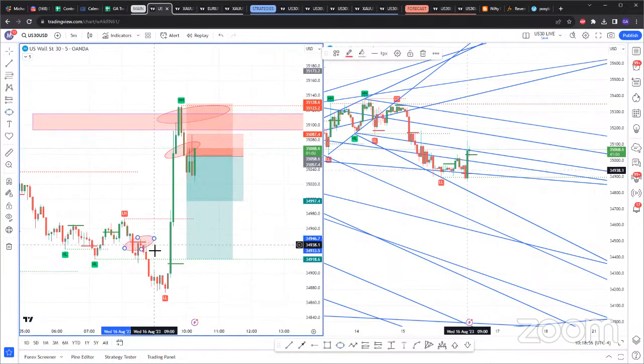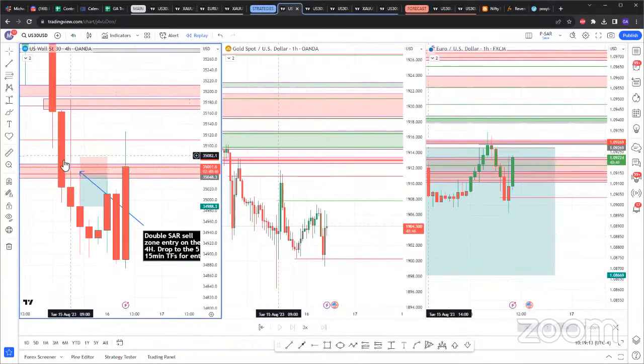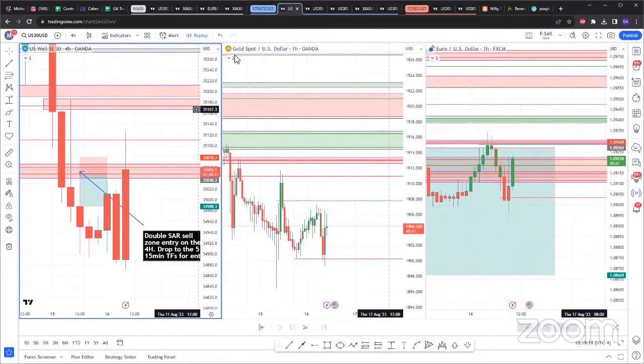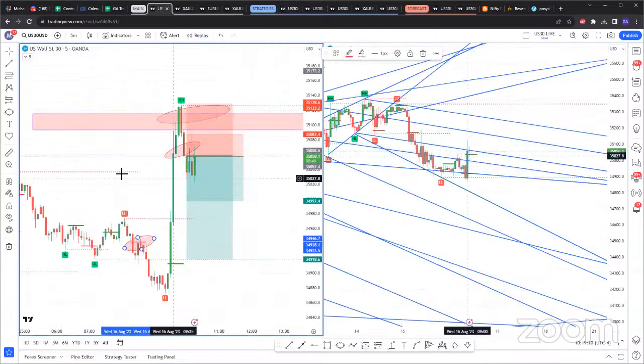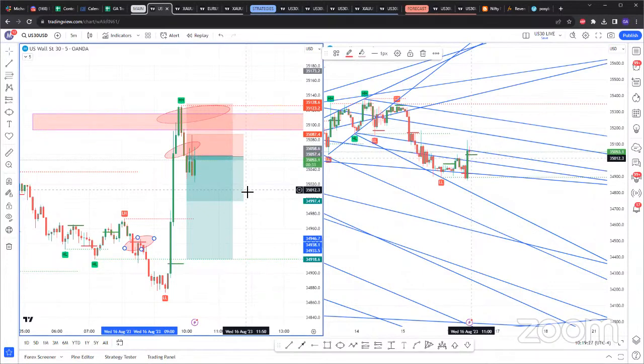Because again, remember, for me personally, on the 5-minute and 15-minute, I do not like drawing. I do not like extending my lines. Again, that's a personal preference, because I just find myself overtrading if I'm looking for trades on the 5 and 15-minute. So even with this SAR, I just identify my zones on the 4 hour and 1 hour, and then I wait for price to come there. Knowing myself, if I'm extending on the 5 and 15-minute, I'll try to catch every closure below or above. So that's the reason I don't extend personally on the 5 and 15.